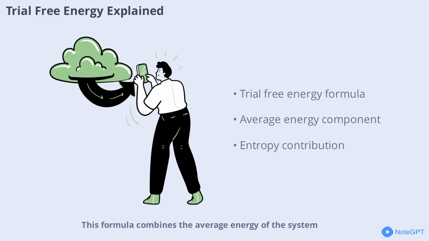This formula combines the average energy of the system, calculated using the density matrix, and the entropy term, which accounts for the disorder. By evaluating Fρ for different density matrices, we can estimate the minimum free energy and predict the most stable configuration. This approach is widely used in both classical and quantum statistical mechanics to analyze complex systems and